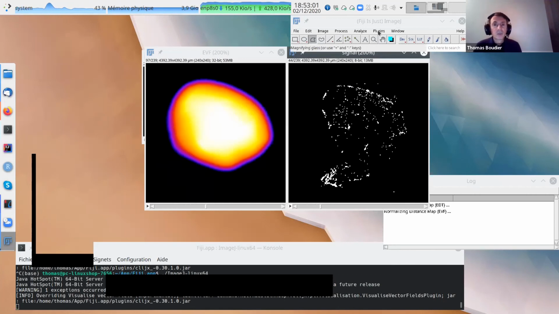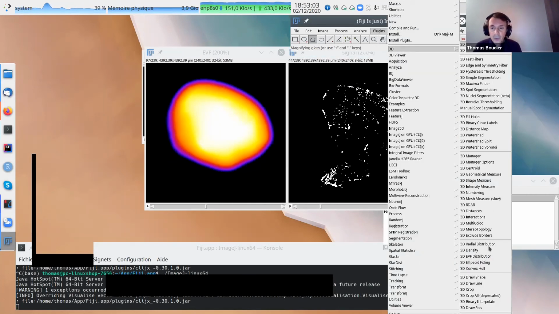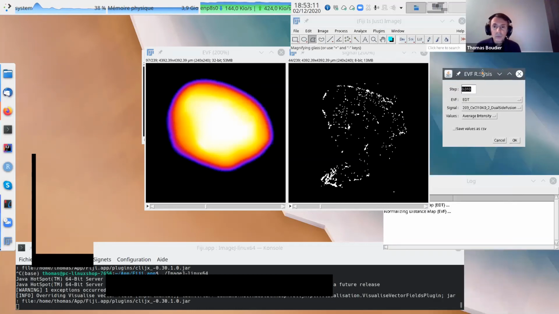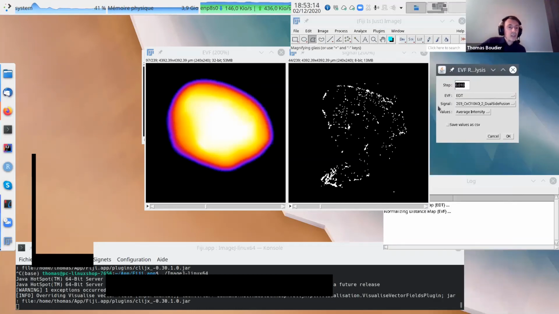Okay, so this one is here, 3D EVF distribution. So you have plugins, 3D EVF distribution. So the steps: how many layers you want? I want layers every 0.01.